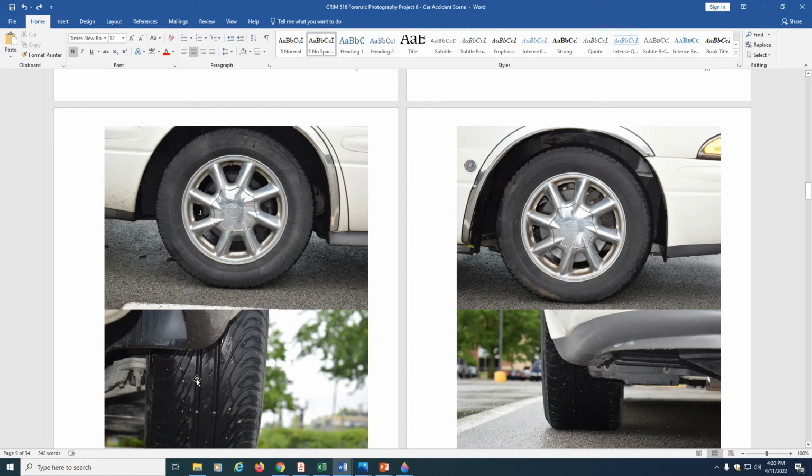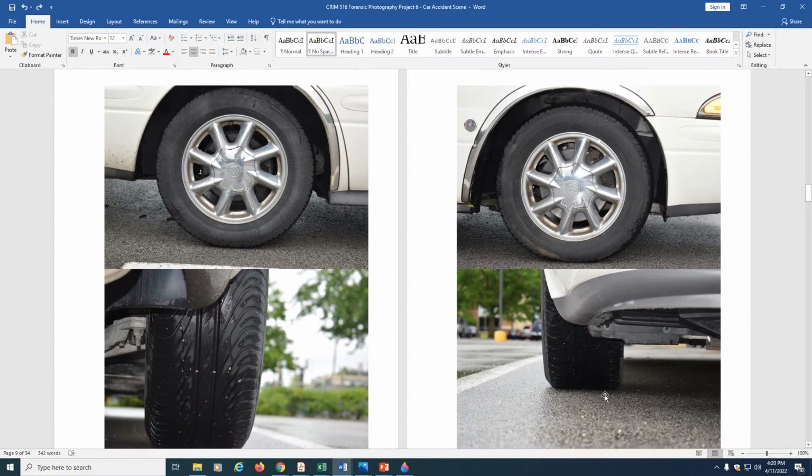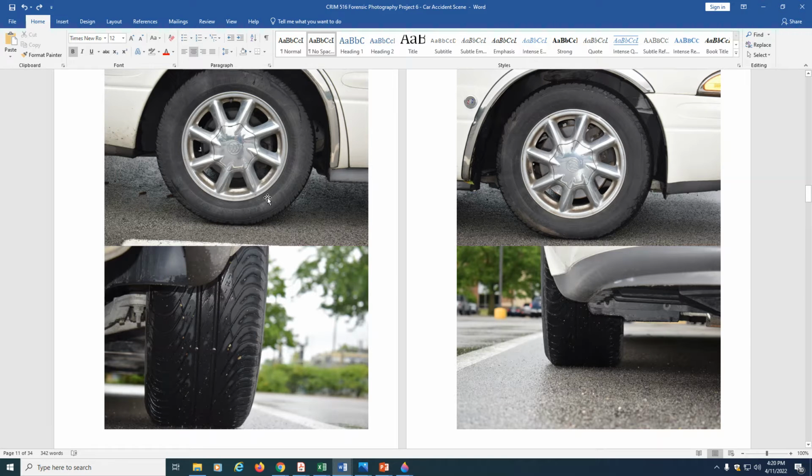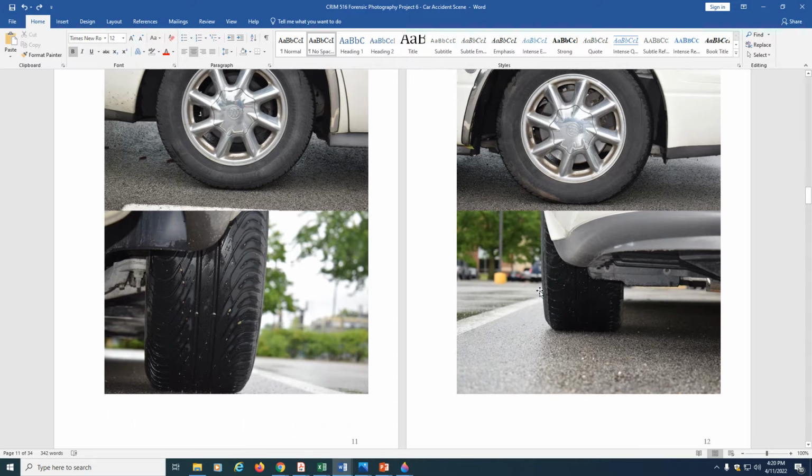as long as you can show the tread itself, and this is probably not the best picture, but if you were to take that picture and zoom in, you could see it a little bit better. But either way, like I said, each wheel and tire plus the tread, just to show the condition of the tread, is all you need to do. So